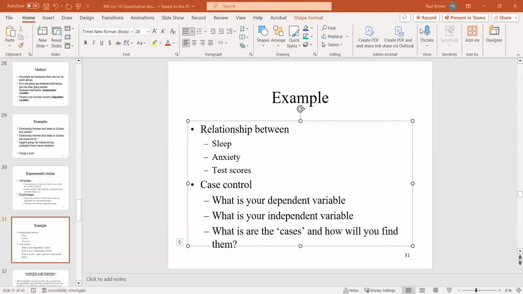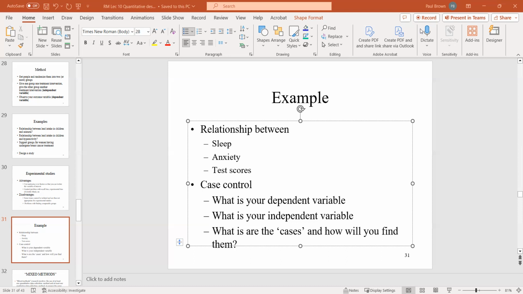We take those that get the sleep versus those that don't get the sleep. Well, cross-sectional, remember, you start with everyone, right? So you're looking at everyone. Cross-sectional is about the relationship you're looking at, like if you do test